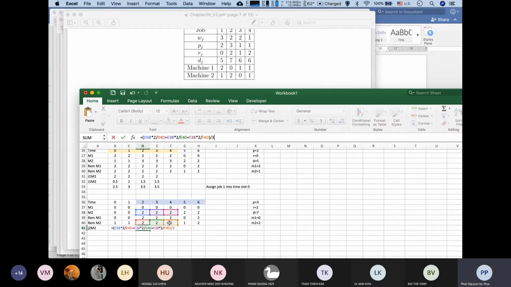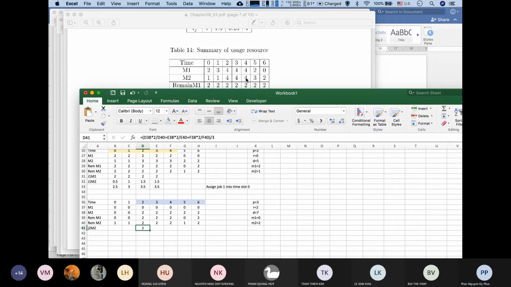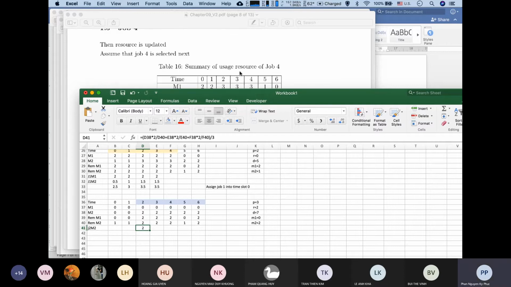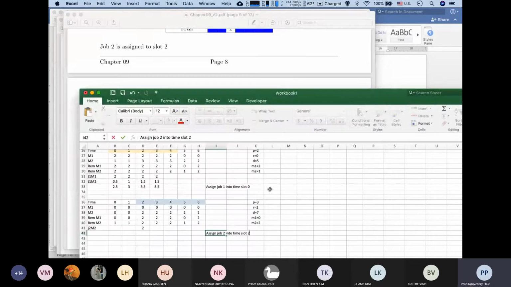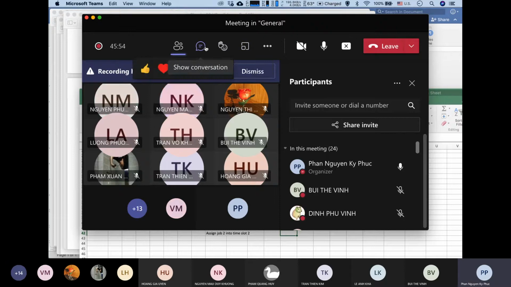So after that, we only want this one that is satisfied, so we have no choice. So job 2 will be assigned into time slot 2, and we already assigned it on the chart. So we will finish our process. So at this step,